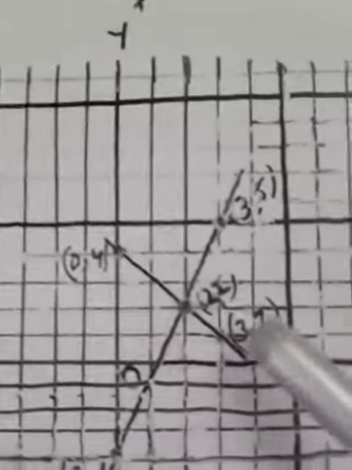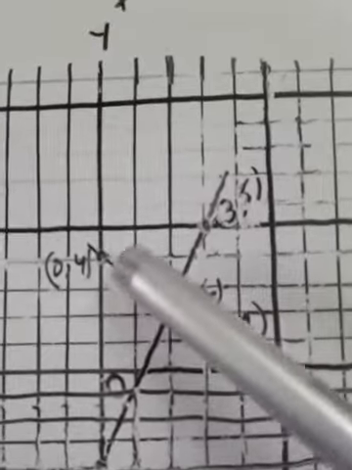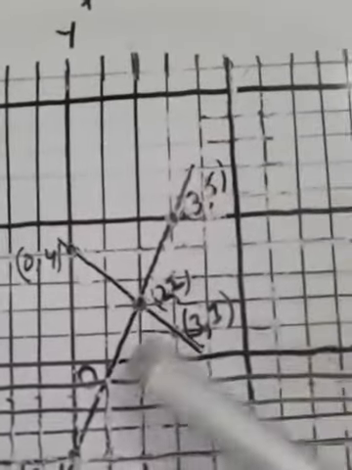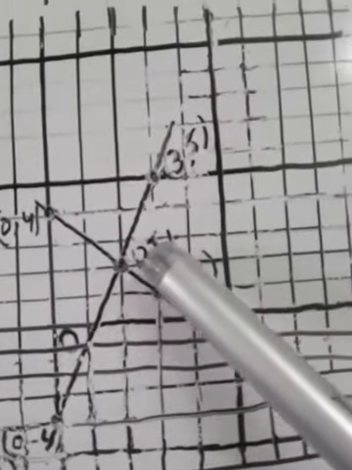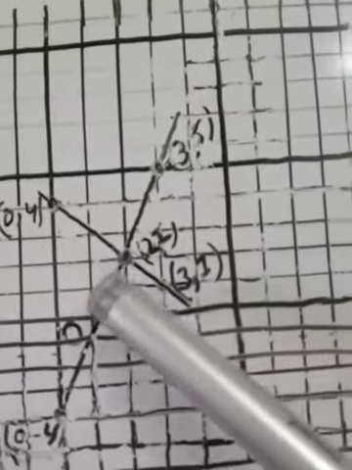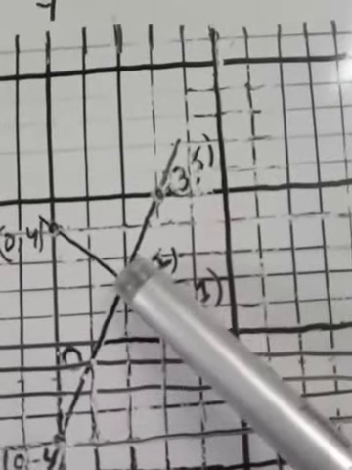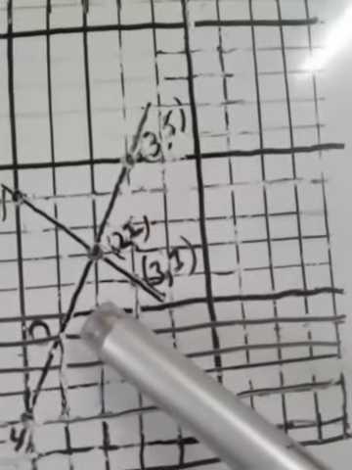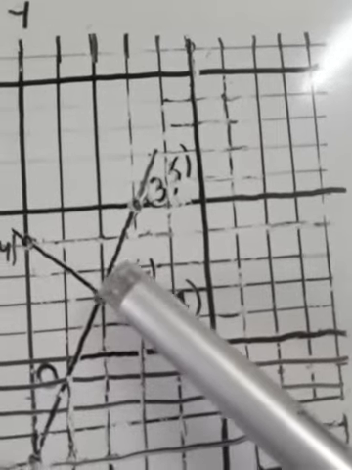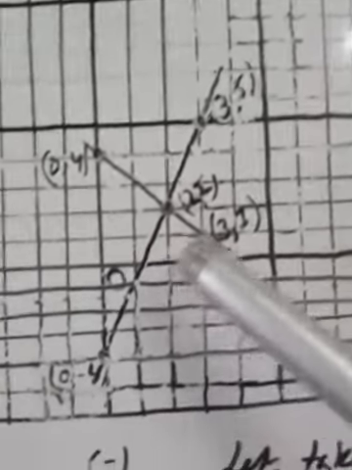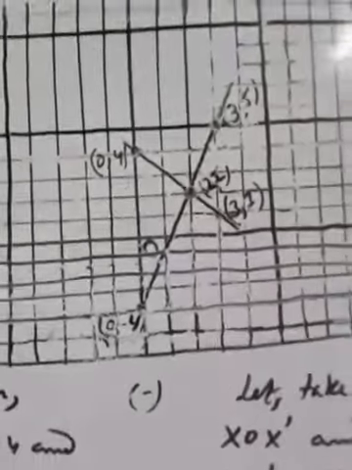Now let's join the 3 points. Now we will get a straight line. This straight line and the previous straight line intersect at (2, 2). They intersect at this point. See, (2, 2) is the intersection. So now we are getting the value of x. Both are plus 2. Now let's describe this in the statement.